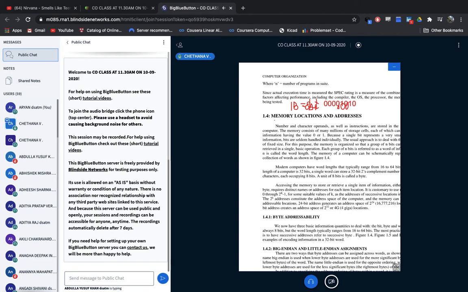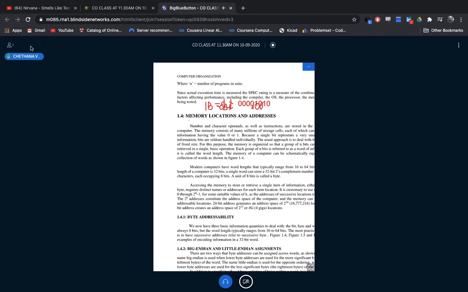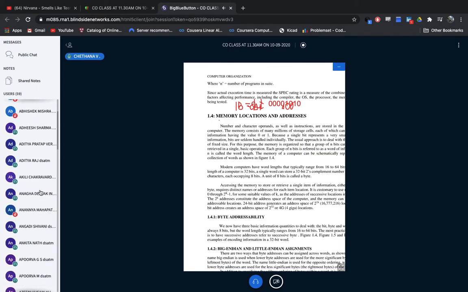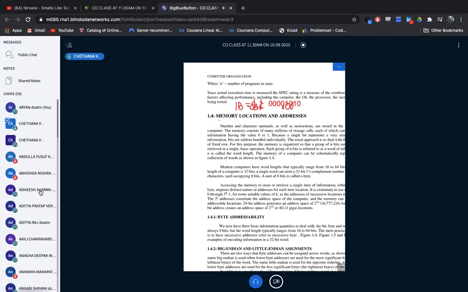What is addresses? That is very, very important. I have taken one example in the previous class. One memory I've written like I have done. In a similar manner, today I'm going to show you one memory, how the memory looks and what the corresponding addresses are. That's my discussion today.